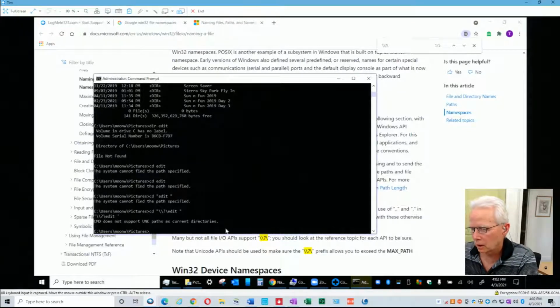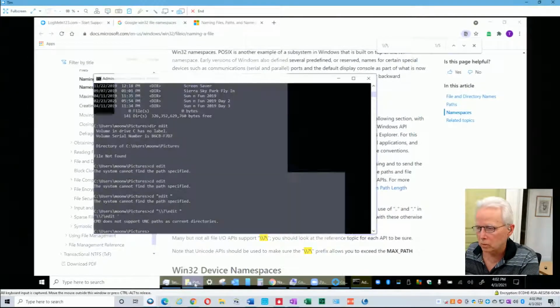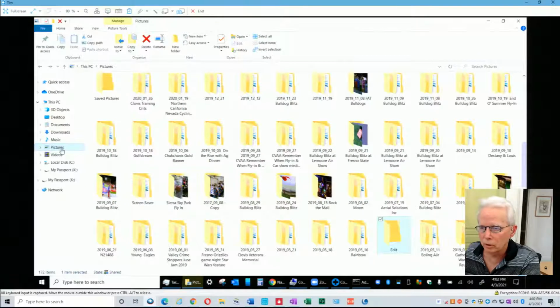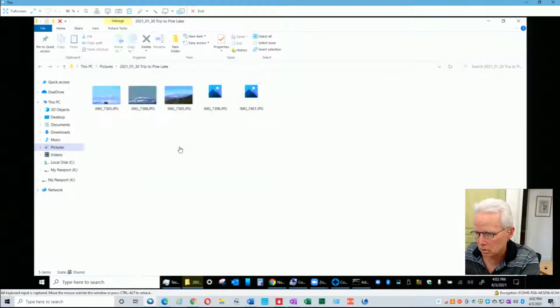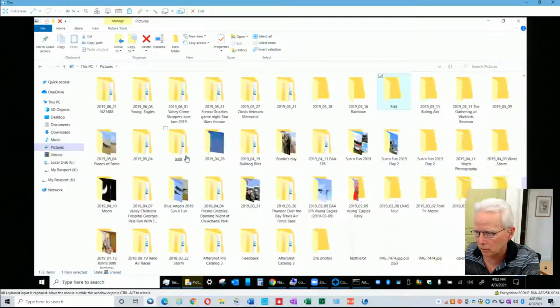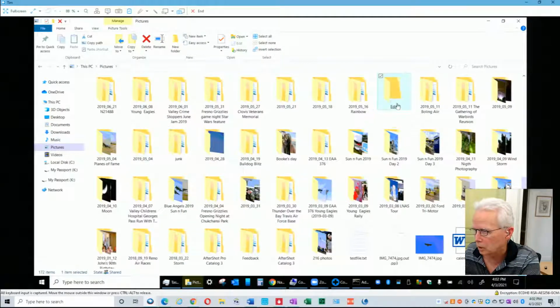Okay. Now, let's go look at that folder here in pictures, and then I'm going to just float over one of those. I want to go into it. I want to go E for edit. There's that folder. So here we see that extra space. We can see that underline. It goes one space past the T,